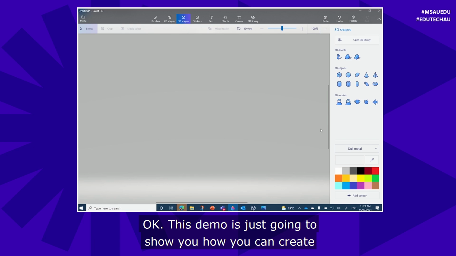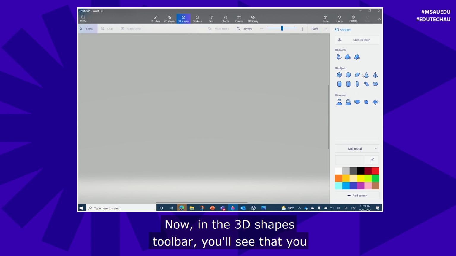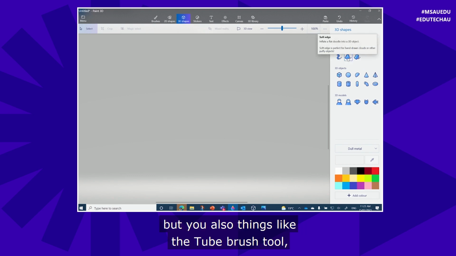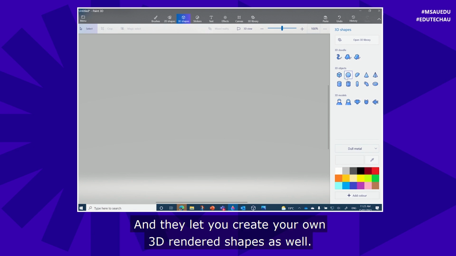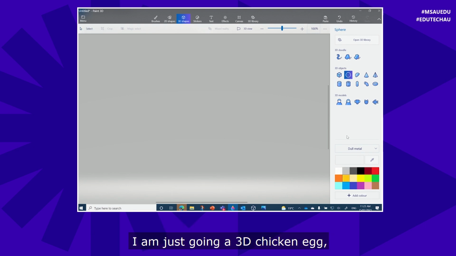Okay, this demo is just going to show you how you can create your own 3D objects using primitive shapes. Now in the 3D shapes toolbar, you'll see that you have some standard objects here, but you also have things like the tube brush tool, the soft edge doodle tool, and the sharp edge doodle tool, and they let you create your own 3D rendered shapes as well. So if we were going to create a 3D chicken head,